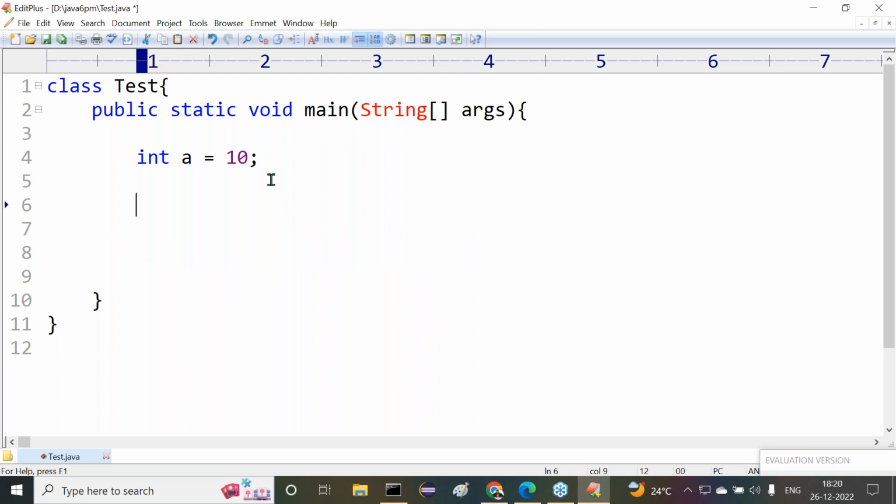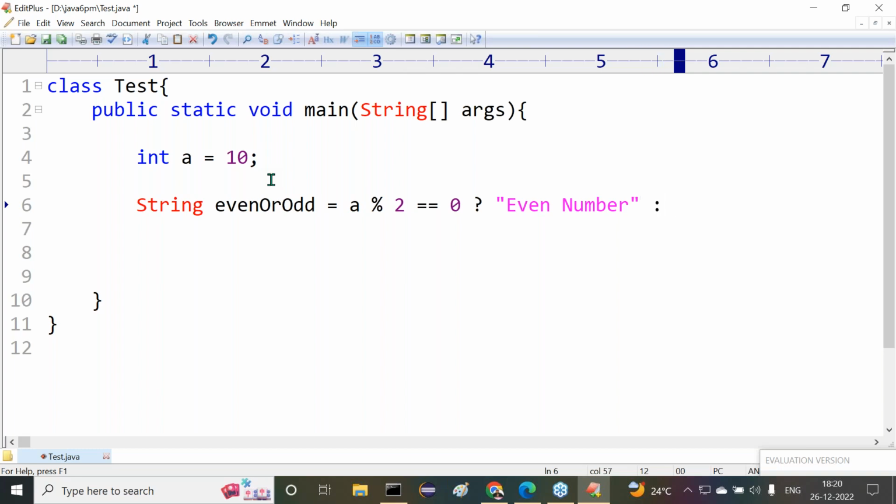Now the condition should be like this. First of all, a String evenOrOdd equals the following. The condition is A % 2 == 0. This is a condition. Am I right or not? Not B, right? 2. A % 2. Here 2 is the divisor. If the remainder value is 0, then it is an even number. If the remainder value is not 0, then it will be odd. So after that, in double quotation I will take even number,